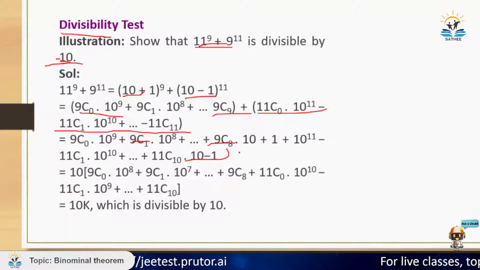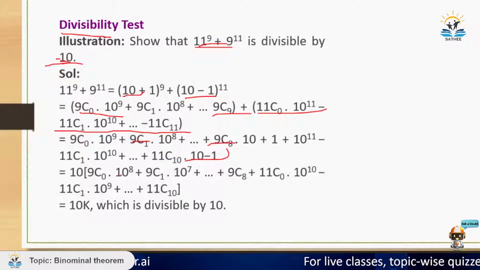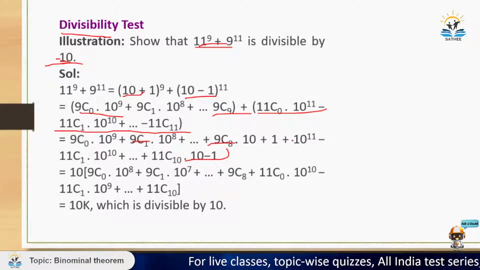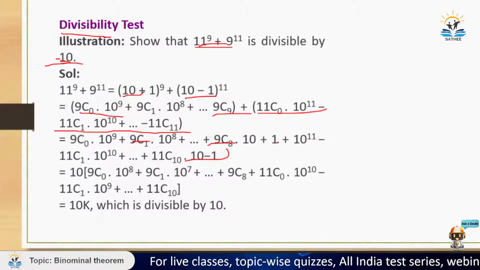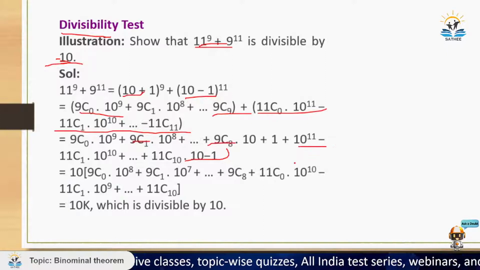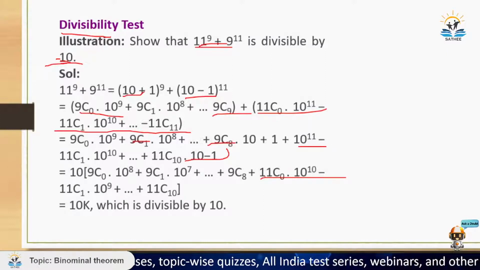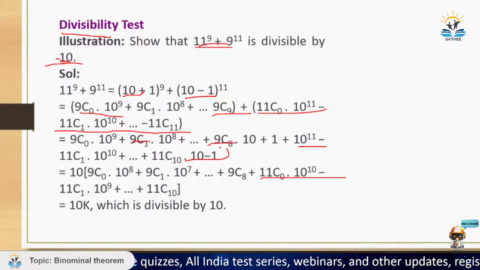मैं यहाँ से 10 कॉमन ले सकता हूँ कि नहीं ले सकता। जब मैंने यहाँ से 10 कॉमन लिया तो मुझे कुछ मिला, मतलब 9C0 10 पावर 9 + 9C0 10 पावर 8 + 9C0 10 पावर 7 + ... इंटू 9C8 plus। यहाँ से मैं क्या लिख सकता हूँ, वन को मैं लिख सकता हूँ, यहाँ से मैं लिख सकता हूँ 10 पावर 11 इंटू 11C0। 11C0 नथिंग बट वन ओनली। सो यहाँ से मैं 10 पावर 10 ले लूंगा, ऐसे करके मैं सबसे कॉमन ले लूंगा।